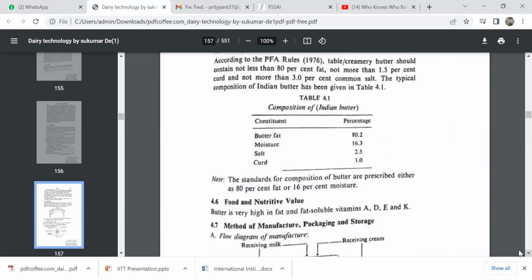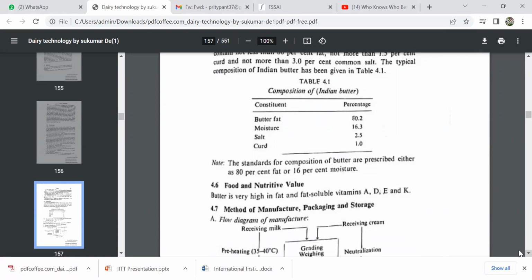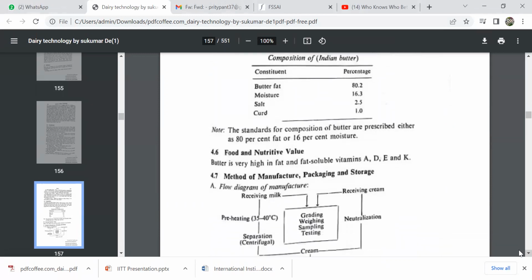And the standards for composition of butter are prescribed as either 80% fat or 16% moisture. These are the important points. Percentage आप लोग याद करेंगे